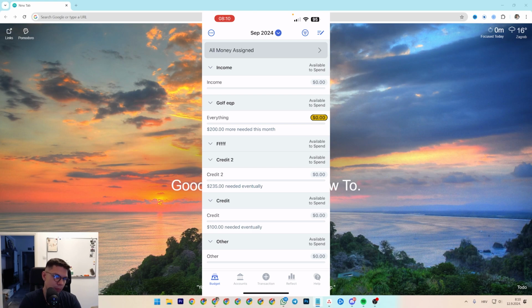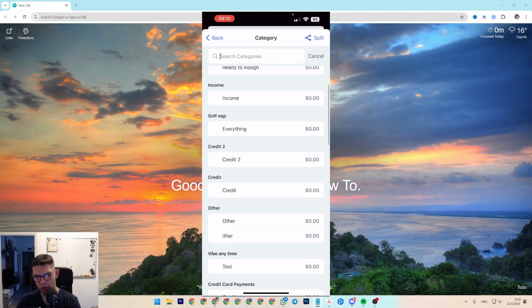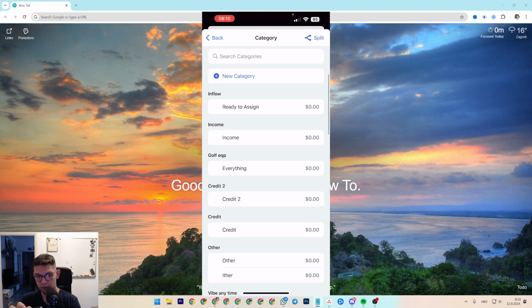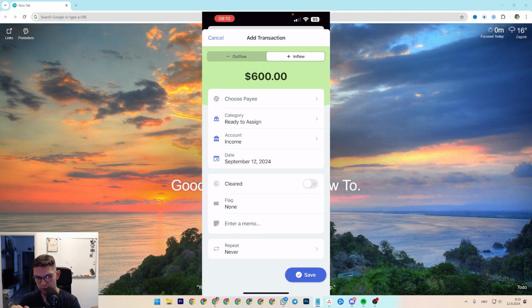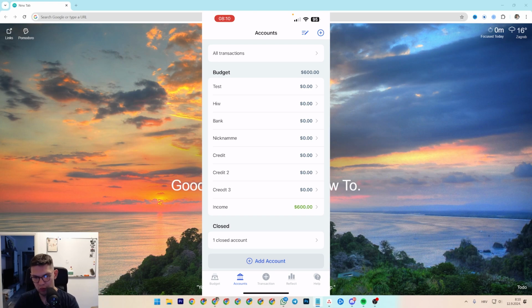So, to add money, you want to click on transactions on the bottom, and then inflow, and then just add money. Choose in what category you're ready to add it. The default one is inflow, so let's just do inflow, and at the bottom click save. And now you have money to assign,